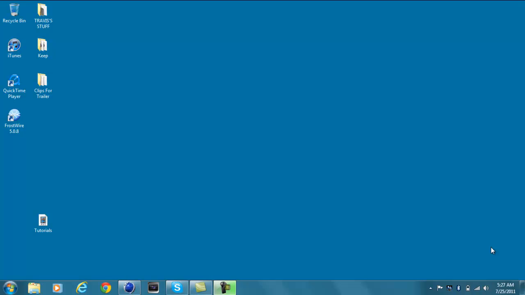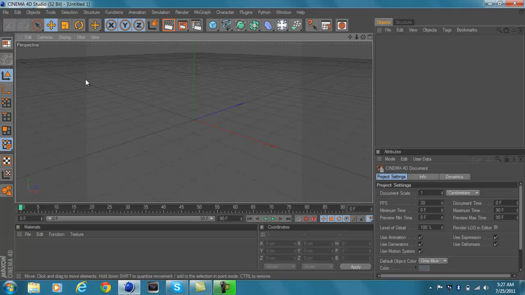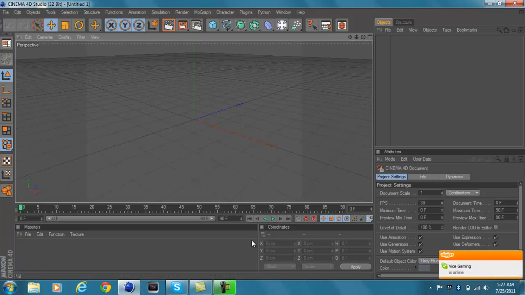Okay, so today I'm going to go ahead and show you a few things: how to add a text, how to change the depth and height, how to change the color, and a few more things. So we're going to go ahead and get started. We're going to open up Cinema 4D. This is the 32-bit Maxon. So okay,